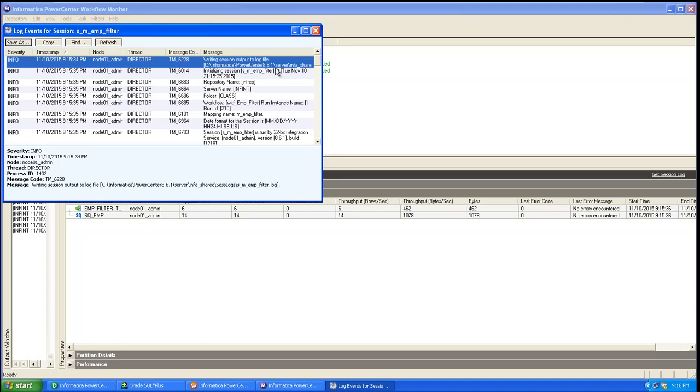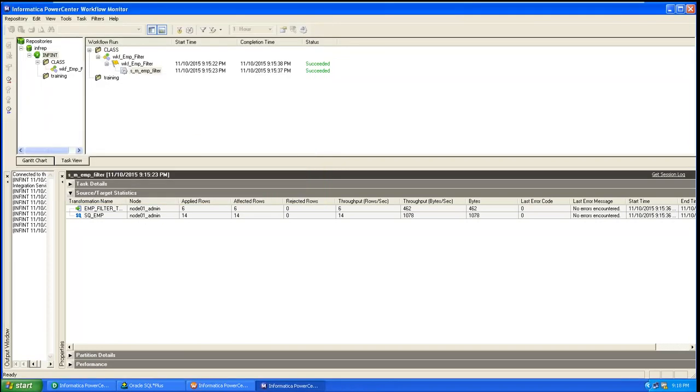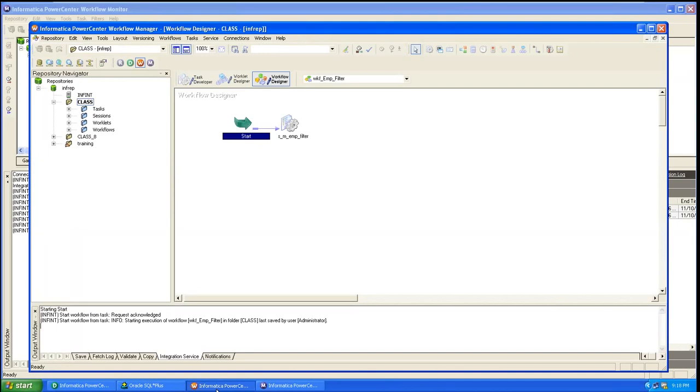Exactly. So now close this session log, close it, and then we will do one thing. Now go to the workflow manager, go to the workflow. Yes, double click on the session. Now, before that, go to the target table and check the data,